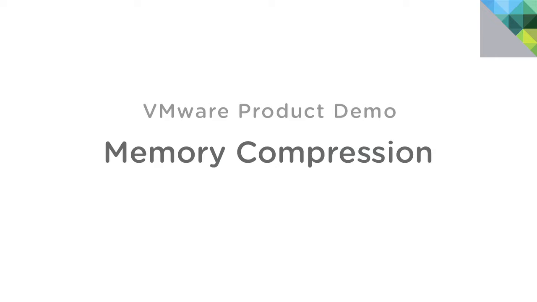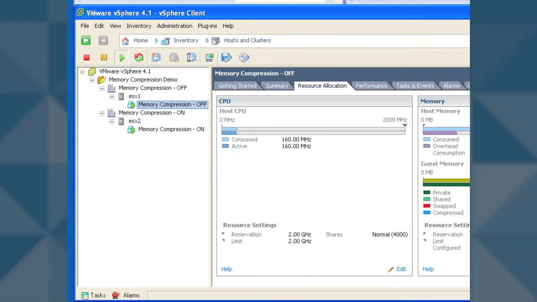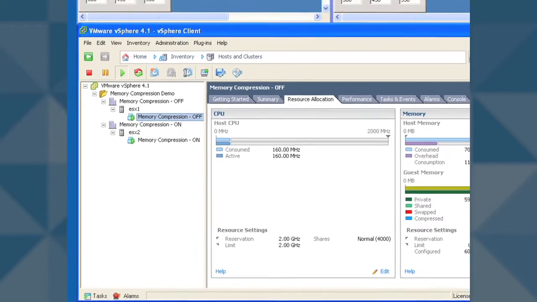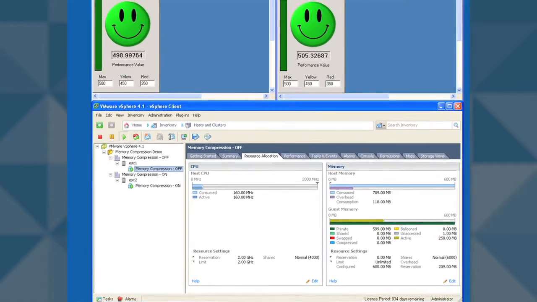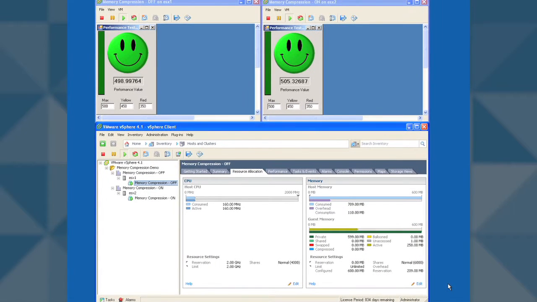Memory compression, a new feature in vSphere 4.1, offers improved memory performance protection in memory overcommitted virtual environments. Memory compression is used in conjunction with VMware's other memory overcommitted technologies, such as transparent page sharing and in-guest ballooning. This demo will show the performance gains that memory compression can provide compared to the alternative of swapping memory to